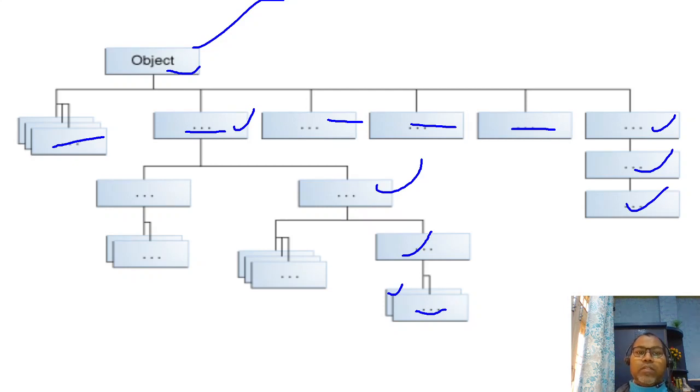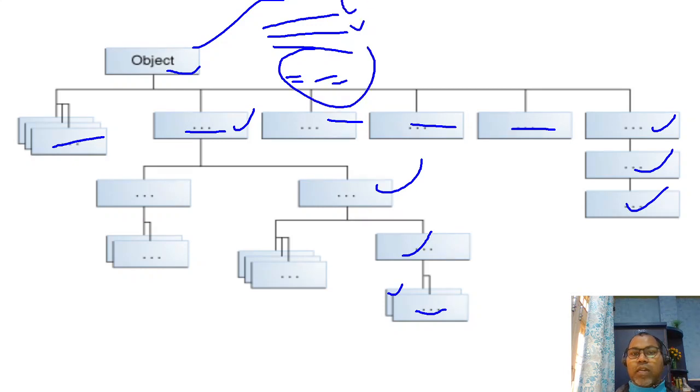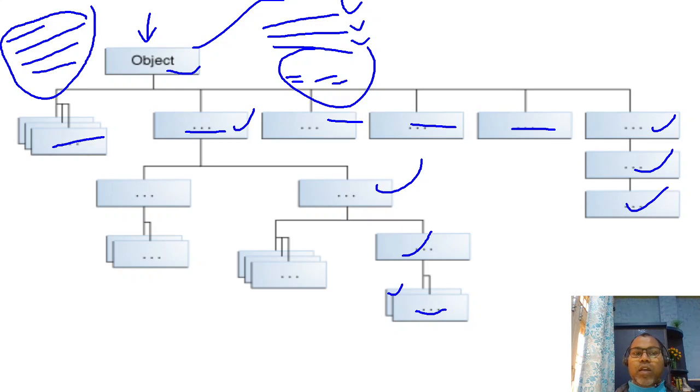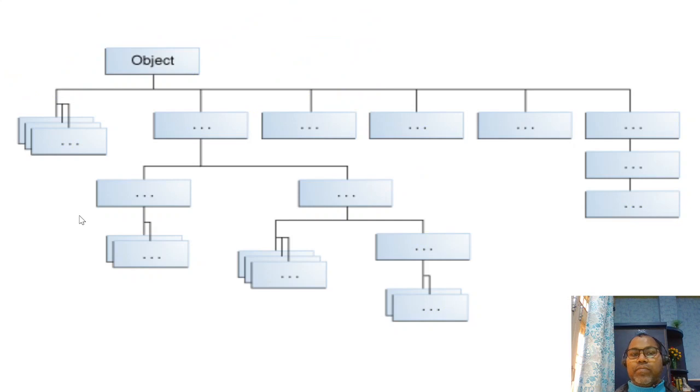The Object class defines some common methods like the equals method, hashCode method, clone method, and wait and notify methods. These are the methods generally used on any object. So these are methods defined in the Object class, and all of them are inherited by default by all objects. The Object class defines the common behavior needed by all Java classes.